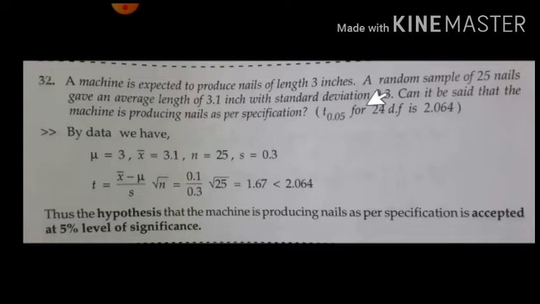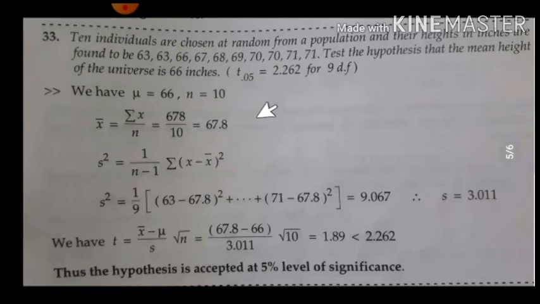How do I decide 5% in the table? They have given in the problem the table value of T as 0.05. So it is the table value of T they have taken for 5% level of significance. Very simple, the number of steps is very small, but you need to understand and do it. And you should be able to take the given data based on the concept we discussed earlier. Let me discuss one more problem.